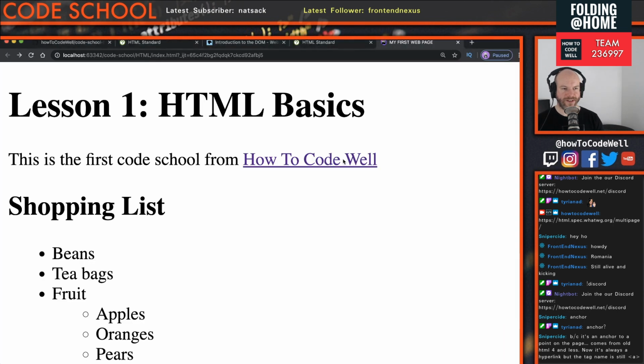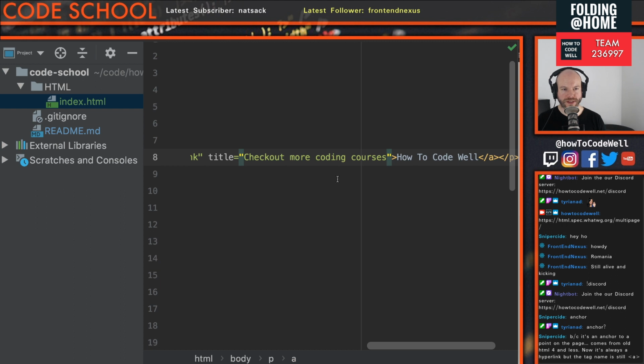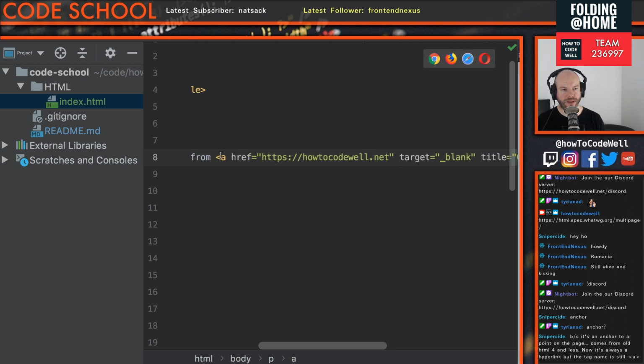And if I hit save and then refresh this page, we should see, when I hover over it, a very small little tooltip that comes up which says check out more coding courses. So you're changing how this link works through those attributes. And as I said earlier, you can have lots and lots of different attributes that change the behavior of the